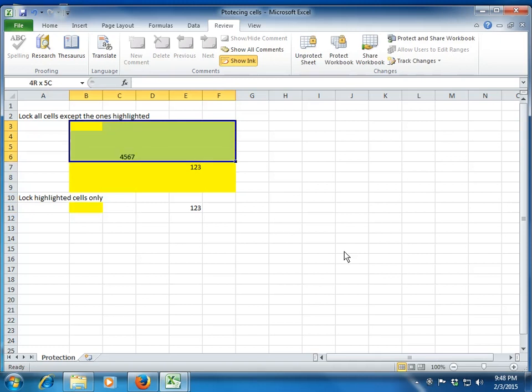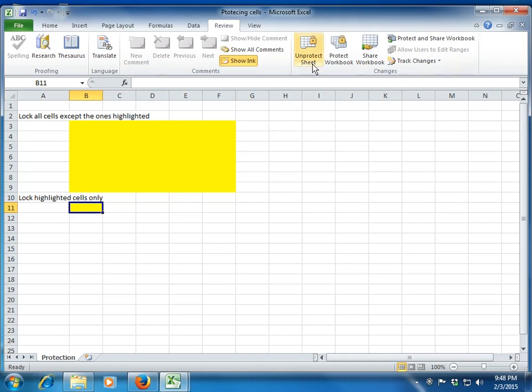All you have to remember is that in the Review tab, you have to use the Protect Sheet option, and don't forget to lock the cells which you want to be protected. So if you want the entire sheet to be protected, you will have to lock the entire sheet. If you want particular cells to be protected, you will have to select those particular cells only. You'll have to lock those particular cells only. So this Protect Sheet feature will not work until and unless you lock the cells also.